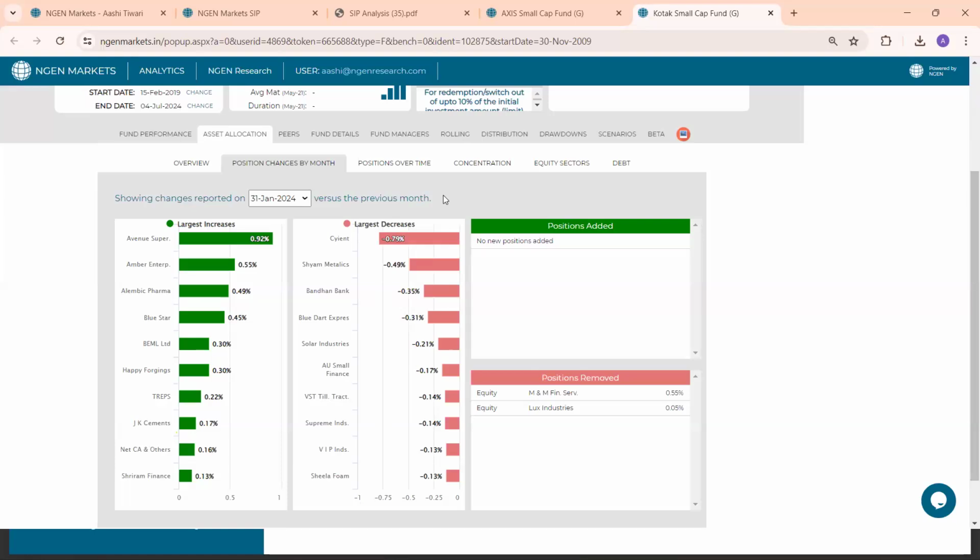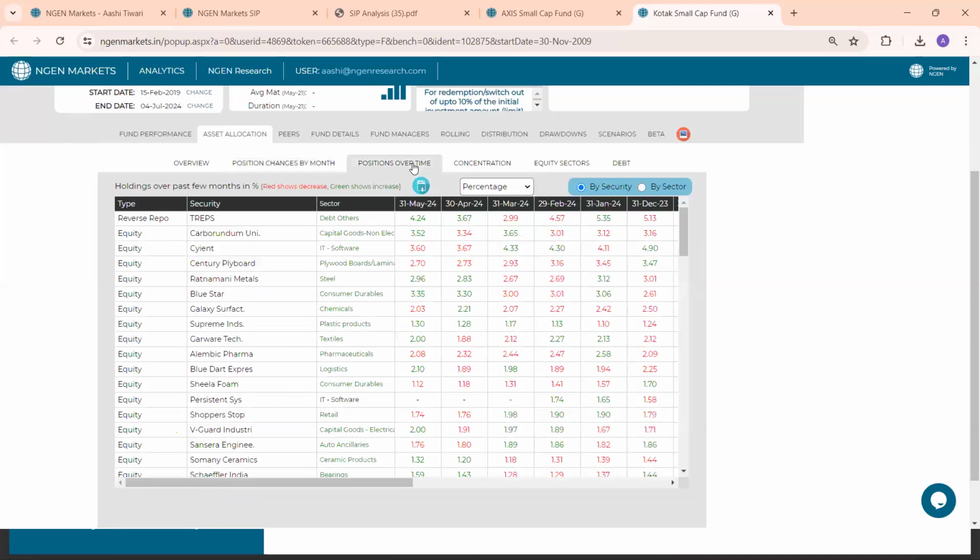Right. Additionally, if you want to look at the trend of stocks, or for that matter, sectors that are invested on a fund level, then you can go to positions over time. In positions over time,